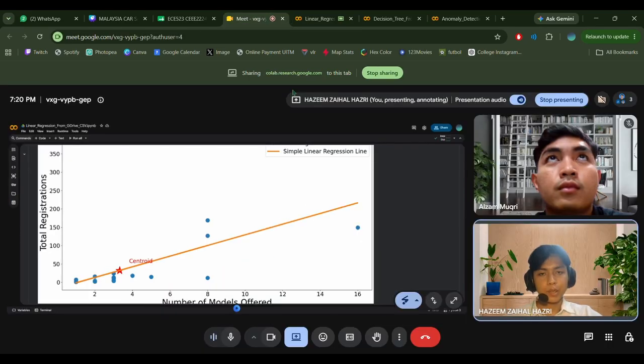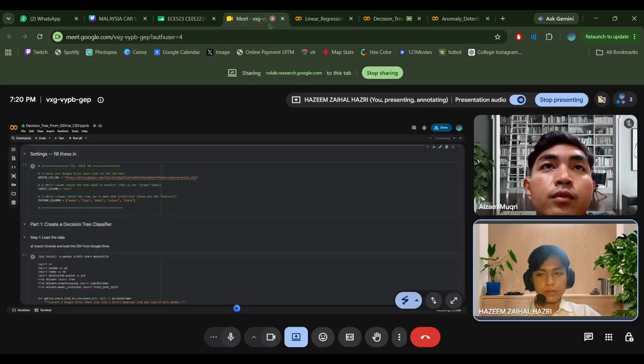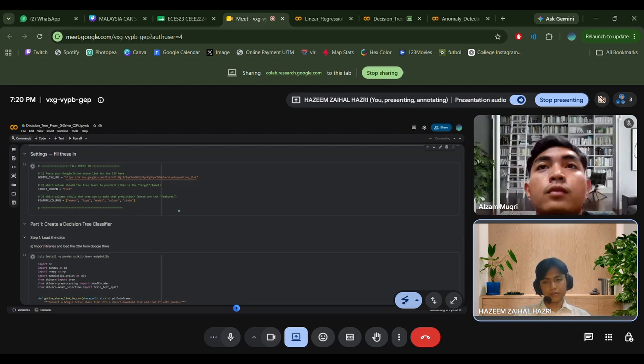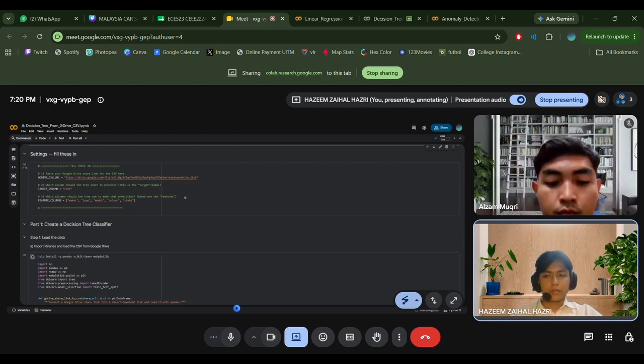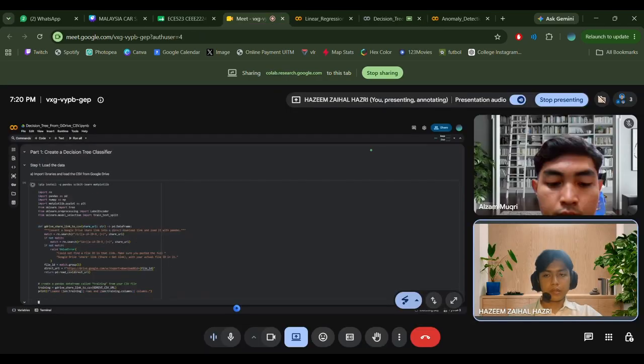Next, I'm going to be showing our decision tree. So in the decision tree, I'm going to run it. It's going to get data from the CSV files inside our Google Drive. And then it will create a decision tree classifier.